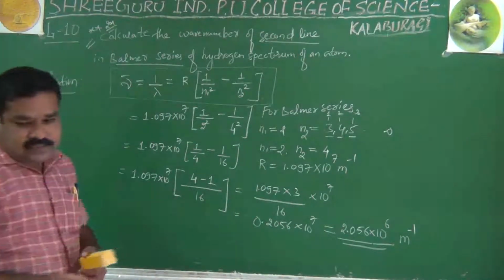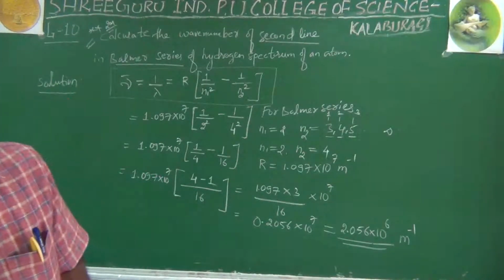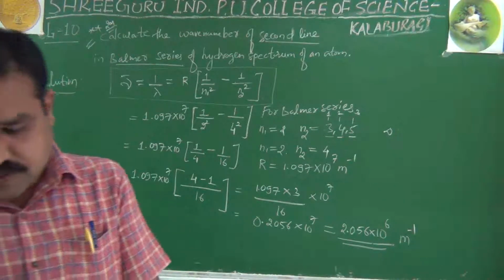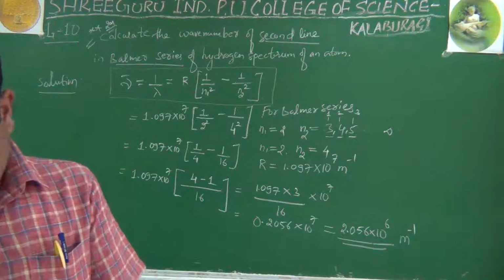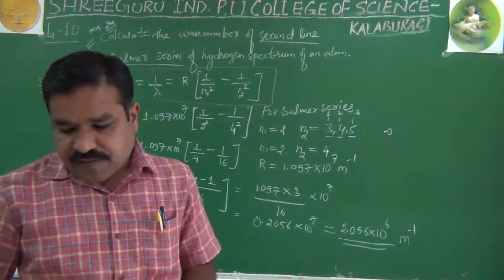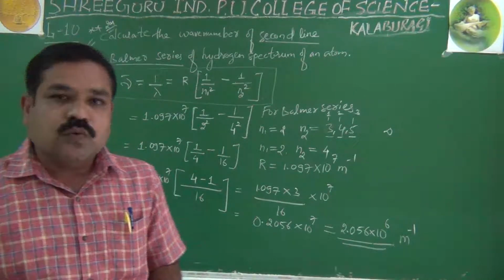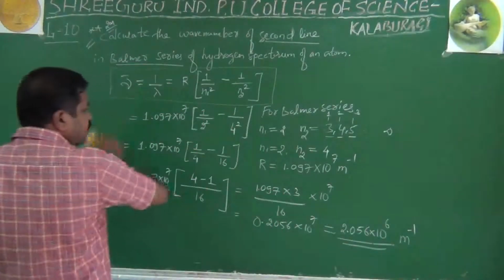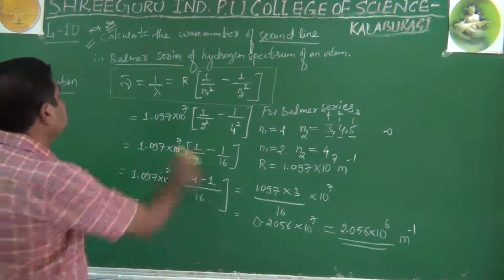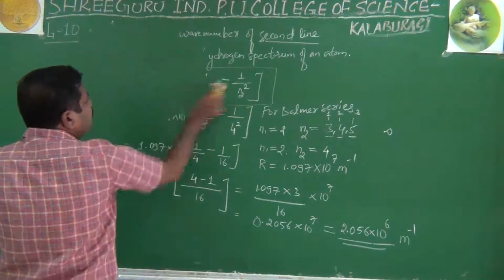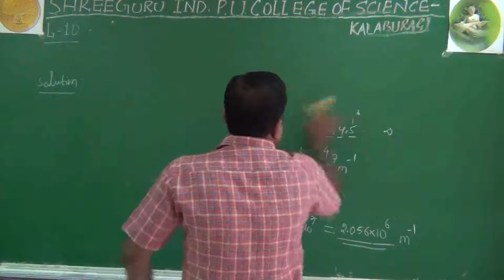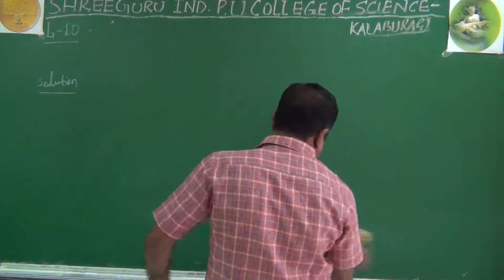Now moving on to another two problems on this. This time I calculated the wave number. Now we'll go for the next, wavelength, one step more. How to calculate the wavelength? What is the wavelength of the light emitted when an electron in hydrogen jumps from energy level number 4 to energy level number 2? Let us see the next one. I think students have noted down this problem. Now let us move on to the second numerical on this particular formula, that is the Rydberg equation.